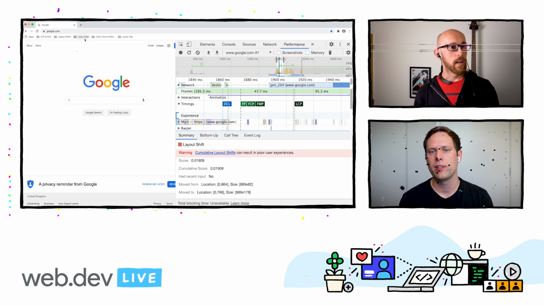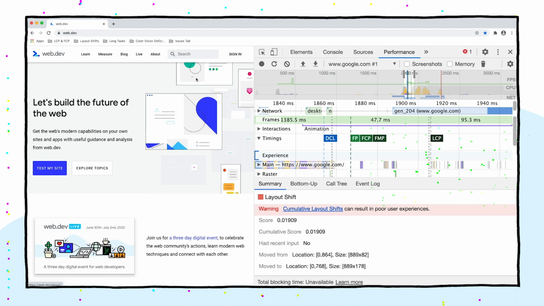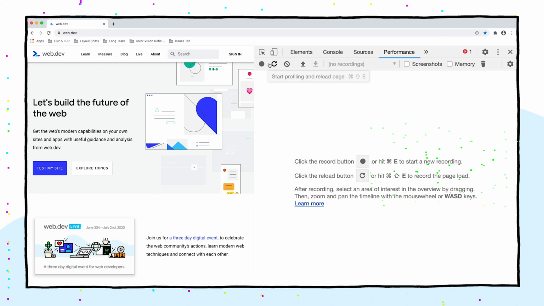So you said that total blocking time is in DevTools. Can you show me where that is? Yes. Oh, I see it there at the bottom of the screen. I have long tasks over here, and it is down there, and it currently says it's unavailable, and I'll talk about that a little bit more. I've been working on that feature today, in fact, so I can tell you a little bit more about what's going on there too. So what I'll do is I've come to web.dev, and I've cleared it,